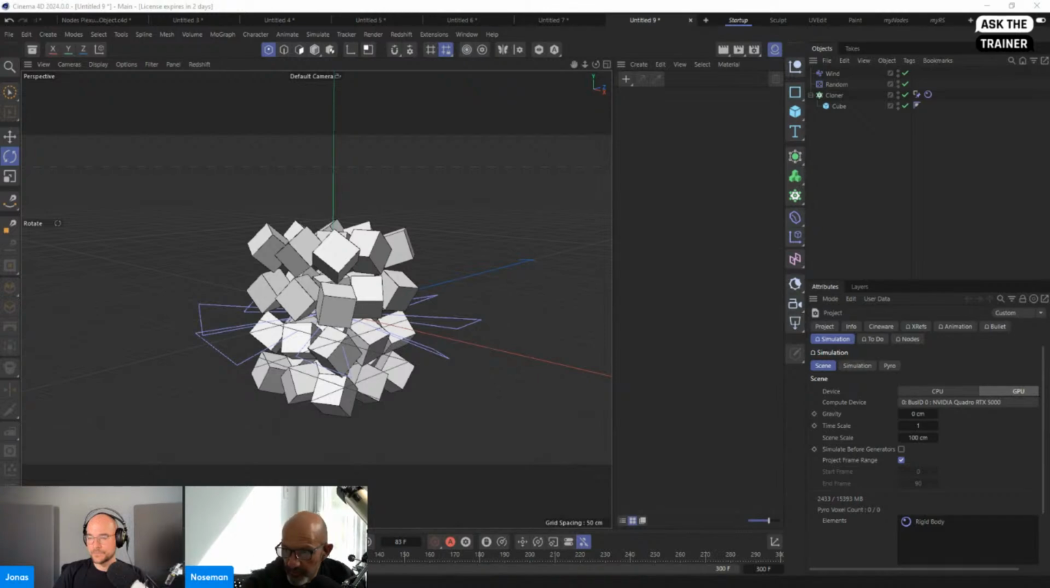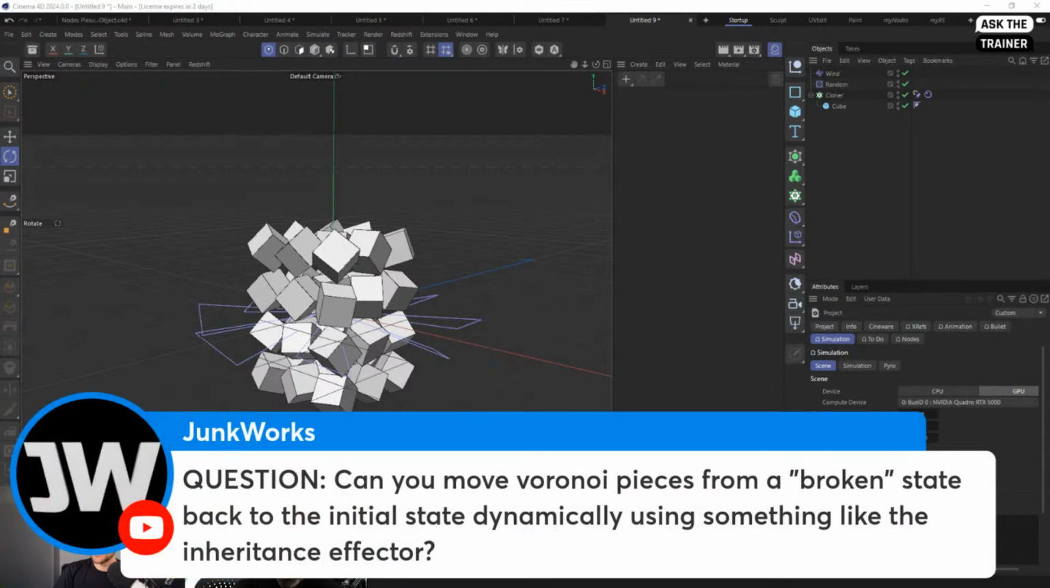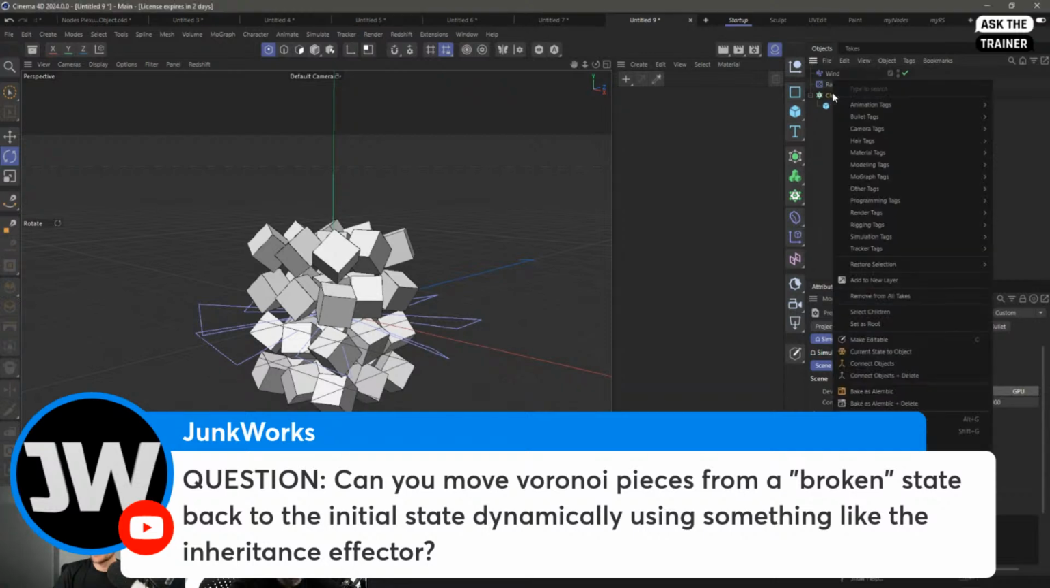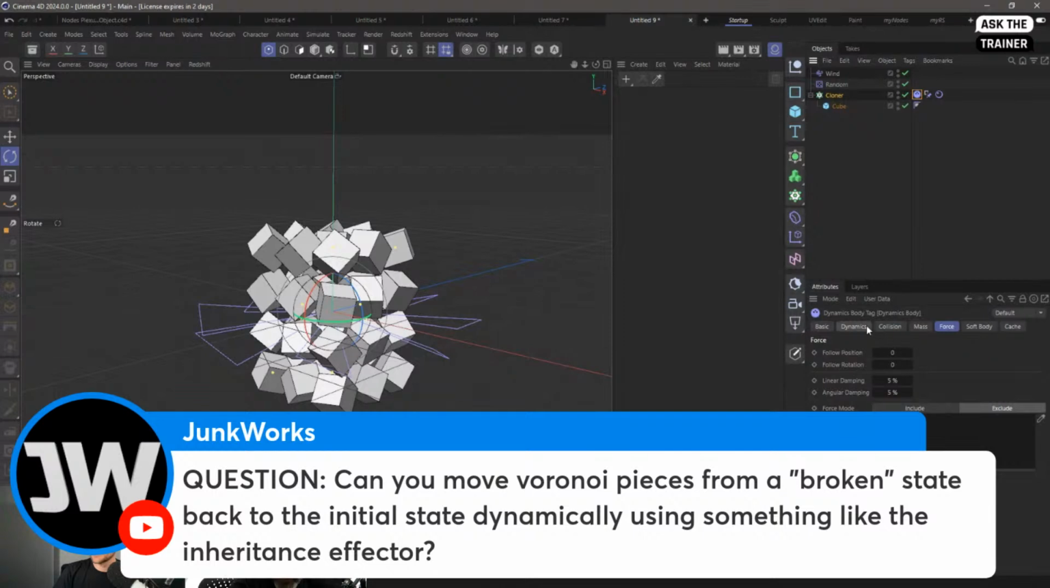Can you move Voronoi pieces from a broken state back to initial state dynamically using something like inheritance effector? You can deactivate the animation. So with a bullet, you just go to deactivate. So very quickly, bullet tags, rigid body. There is in the dynamics something that says dynamic transition. If you click on this and put the timing, if you turn off the dynamics, it will take